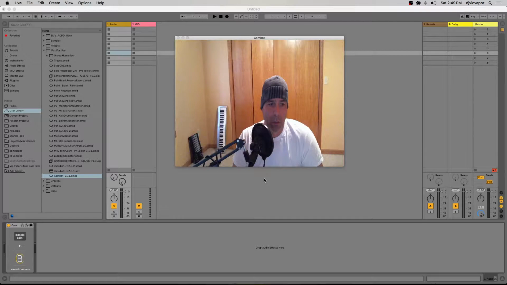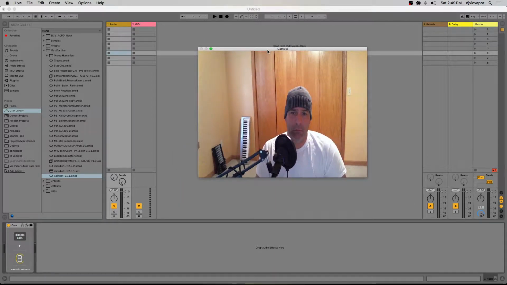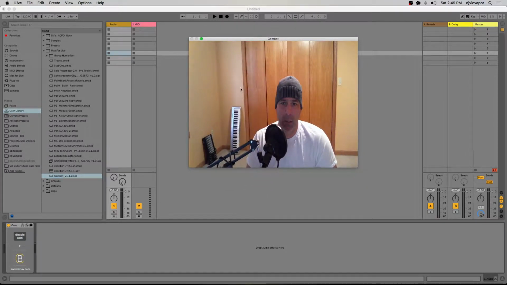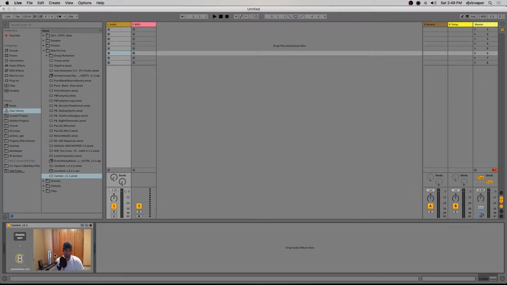But anyhow, let's look at one of the cool things that Cambot actually does for us. Outside of, if you don't have necessarily a third party or screen capture software or anything like that, and you want to do some camera work and you have a webcam, Cambot's there for you. But if I wanted to use this, say, in a tutorial setting within Ableton, what's cool about Cambot is if I go down here and I just click the little plus button, my image now seats perfectly inside the effects